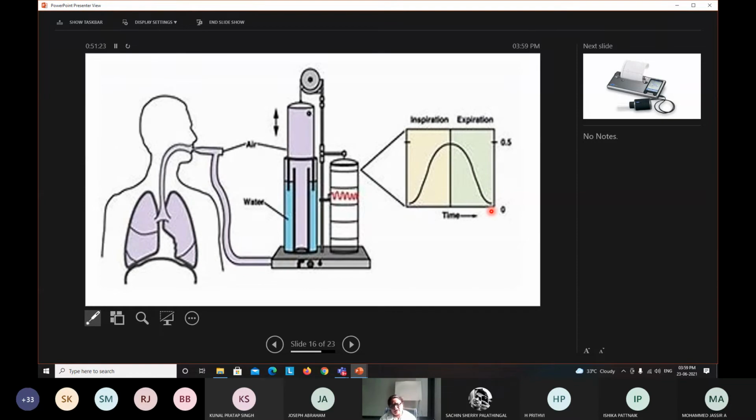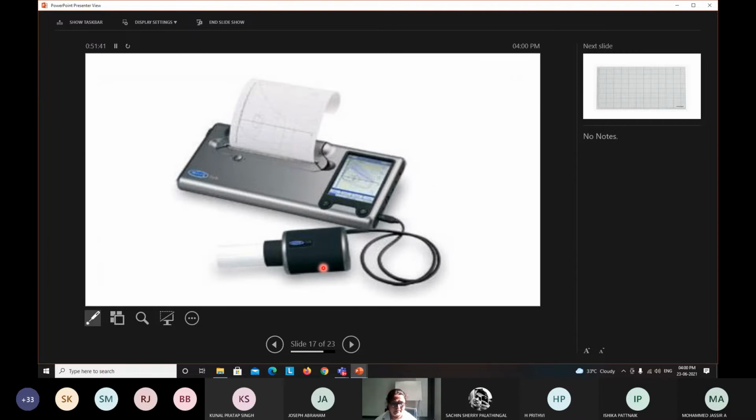So this graph gives us the altitude, and there is a time factor here. So I'll describe. This is one of the most commonly used instruments, the recording spirometer. There are varieties of modern equipments. This is one of the simple equipment, and also we have computerized, which we use in our department. These can be used in the laboratory and also for research purposes if you are doing it in the field or something. So these can be used.